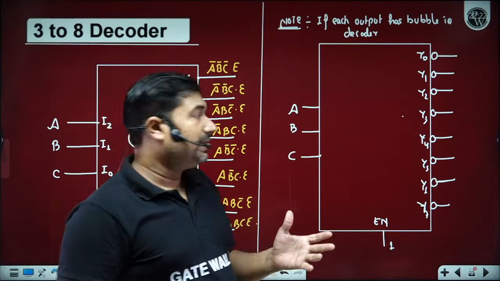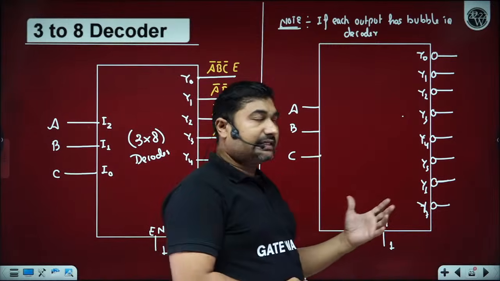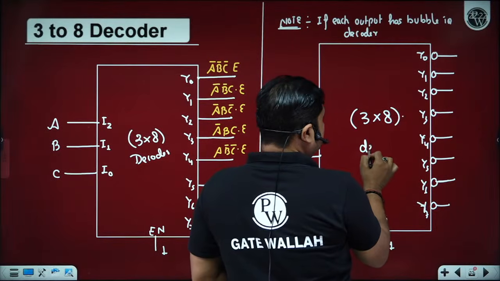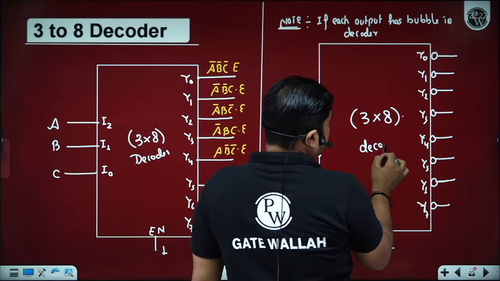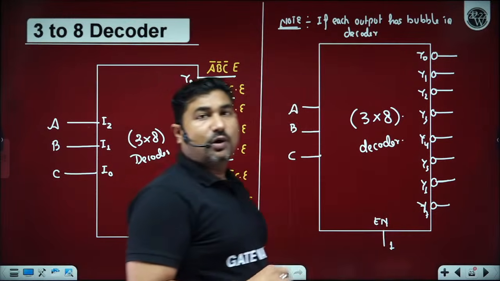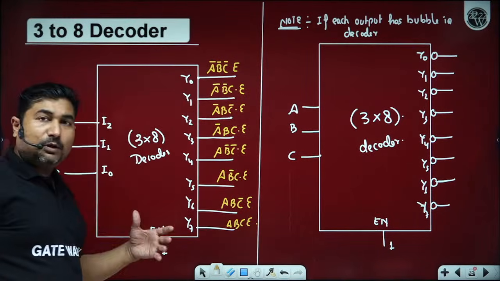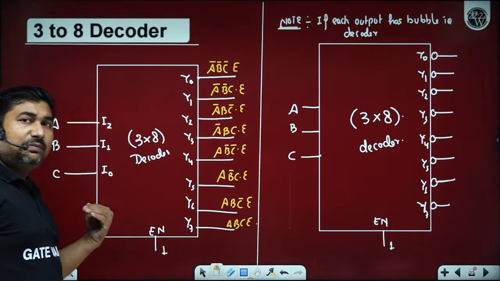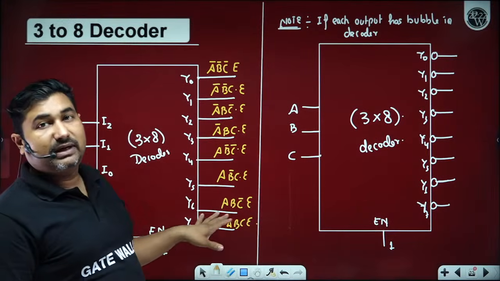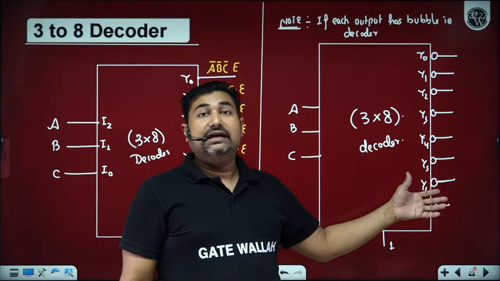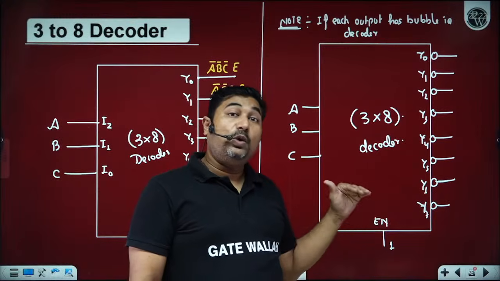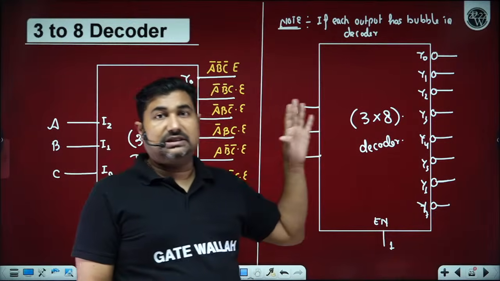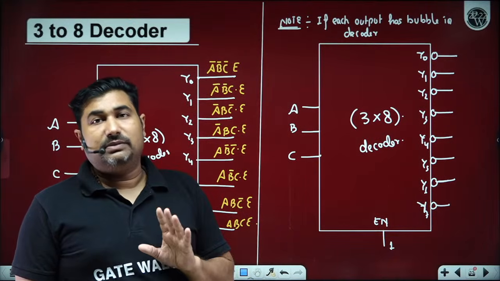Please observe what happened now. Actually, in the previous case of 3x8 decoder, that is also called a binary to octal decoder, depending upon the input binary, one of the output pins will become logic 1. However, here, depending upon the input binary, only one of the outputs will become logic 0. Rest all will remain logic high only. How many of you able to understand this?